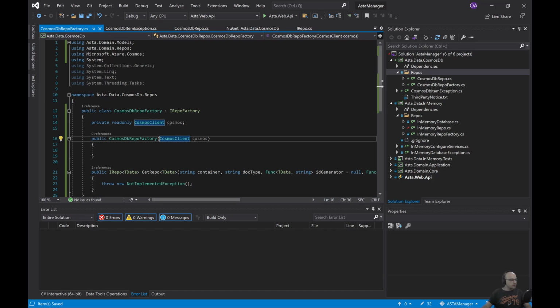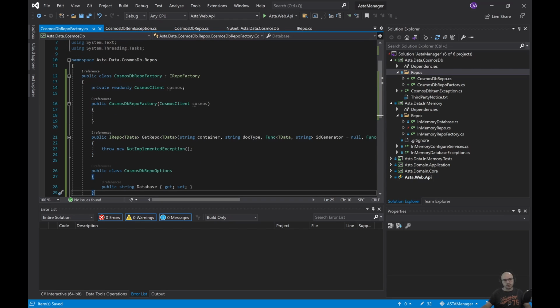And another thing that I would like to create is an options class that will store what our database is, because if you remember, this interface doesn't have a database string here. So we also want the database to be configurable. So if we want to change the database in the future and point to another database, we should be able to do that. So let's create options there, and we will use the options pattern from